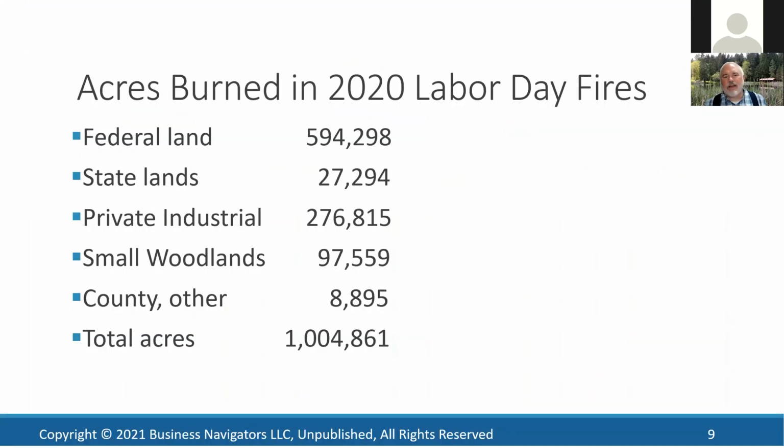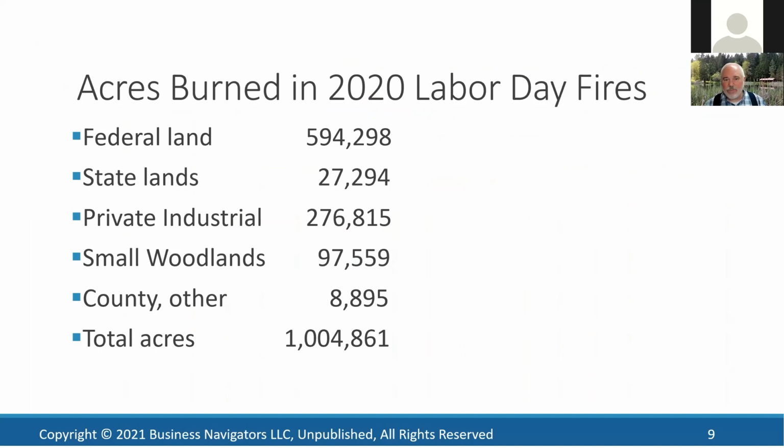Finally, we look at the fire. A little over 1 million acres burned in the Labor Day fires. Just under 600,000 of those acres were federal lands. Private industrial was 276,000 acres. Small woodlands lost almost 100,000 acres of land in the Labor Day fires, which is why we're talking about casualty